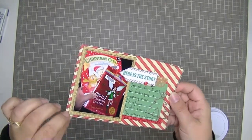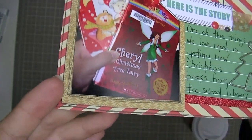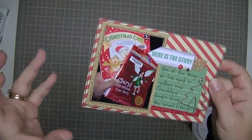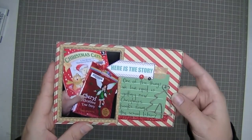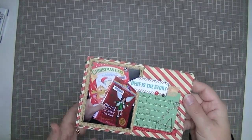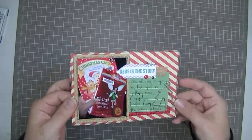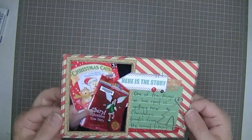And then I also have this piece of gold paper that also came from the same paper pad. This was a 4x6 piece as well that I had pre-cut, but then once I decided to use it as a mat, I just cut it down. This is in the process video that I have for December 5th, which will be posted as part of the December 6th class, but it's showing my process for day 5 of documenting my December, and so you can see me make this if you want, but just in case you decide to not watch that video, I'll tell you